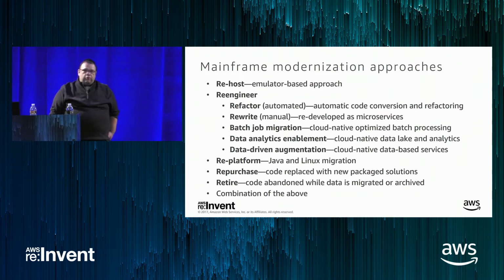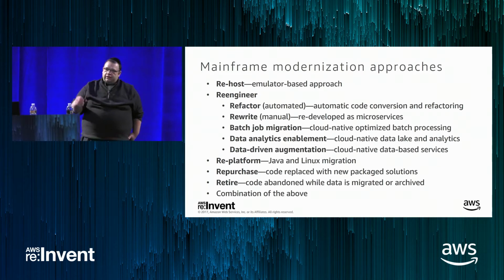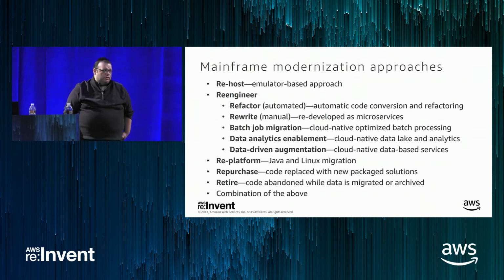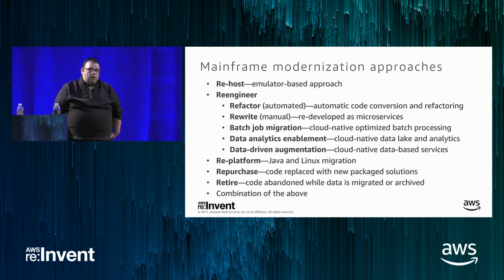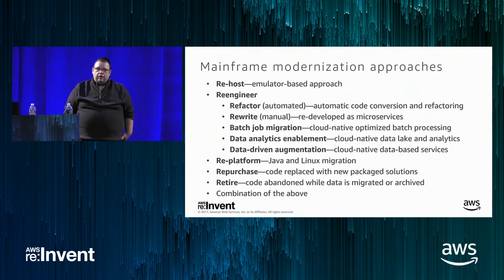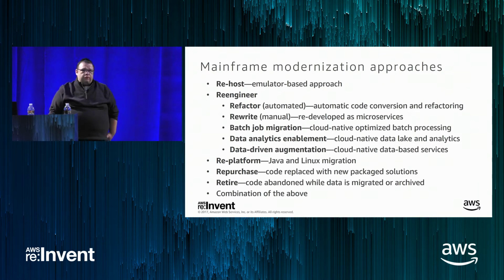There are also multiple re-engineering options, and there are different subcategories in that area, right? So one approach could be refactoring. We have some partners in the space which are providing tools that will actually do automatic code conversion, and they'll try to refactor it. So this is not a lift and shift. What they're actually doing is they're analyzing the application model of your mainframe, and then they're trying to create a similar application model